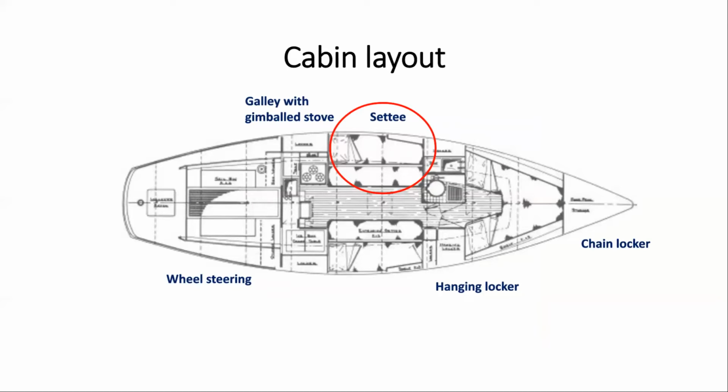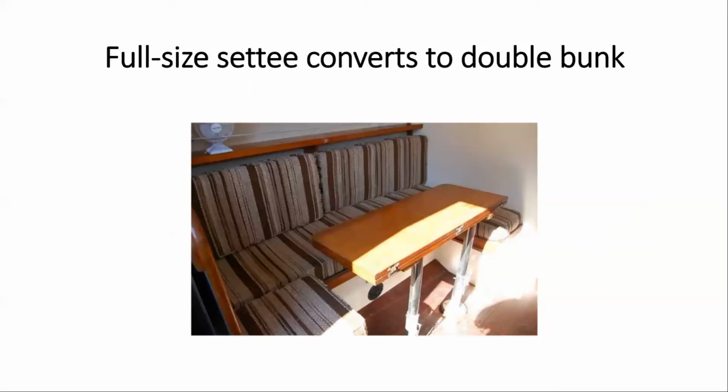Next, going further aft, there's a settee. This version shows that there were bunks port and starboard, but this particular boat has, again, a real world full-size settee. And you can get 6 adults around this comfortably. I've had 6 in there. The wooden table is folded in half in this photo. It folds out and locks in place. There are also these 2 stainless posts that allow the table top to go down to the level of the cushions,